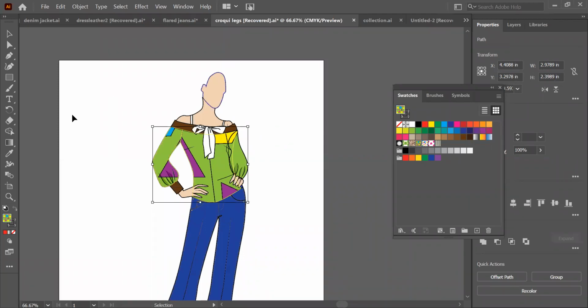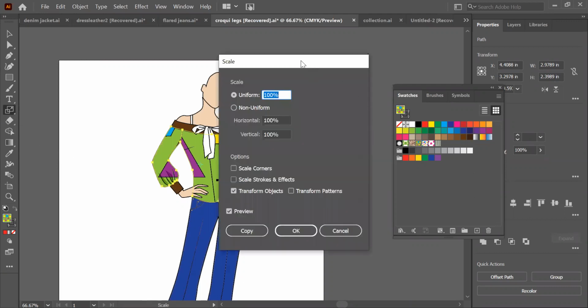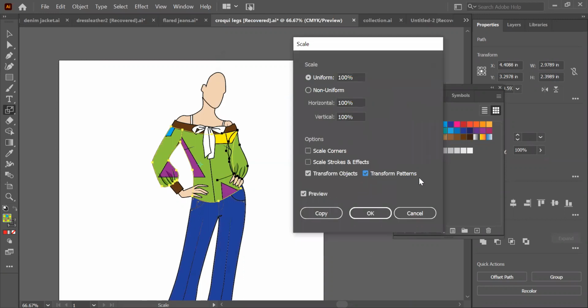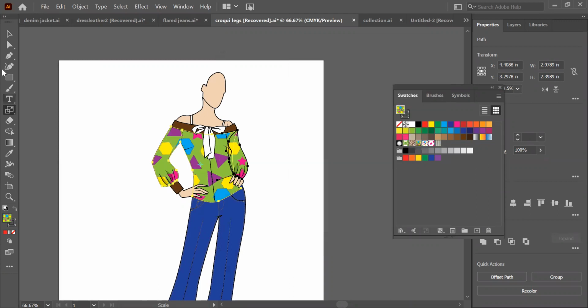So I'll scale it down first. Transform pattern. Let's say 35%. See the preview. Click OK. Now somehow the 35% doesn't work.